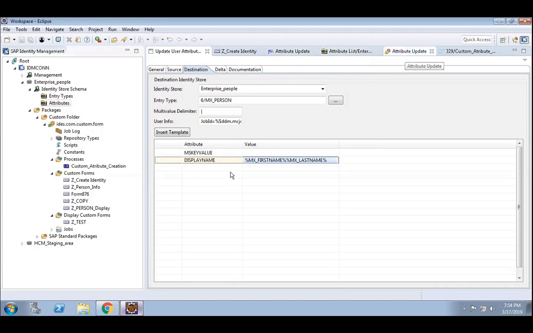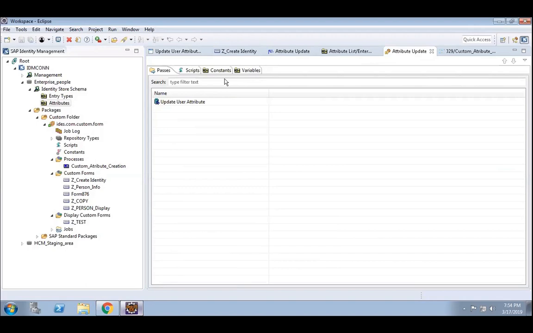In order to write a function, you have to write a script. JavaScript. Where will you write the JavaScript? You have to write the JavaScript in the action task. Here is the script section. Now, you can write a script over here that will be within the process. If we write it at repository level, it will be scripts level, it will be for the entire thing.